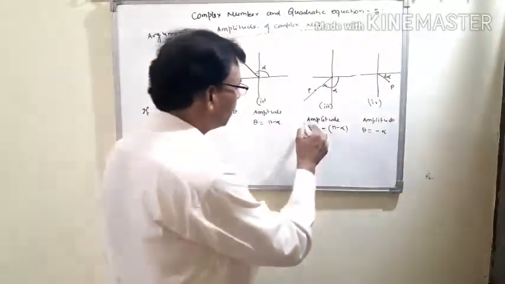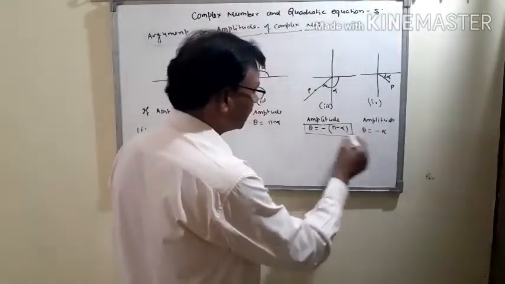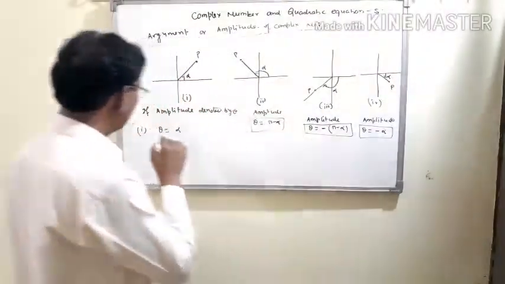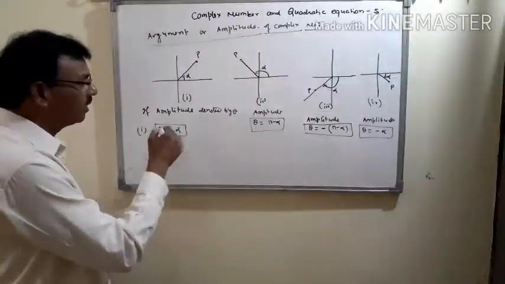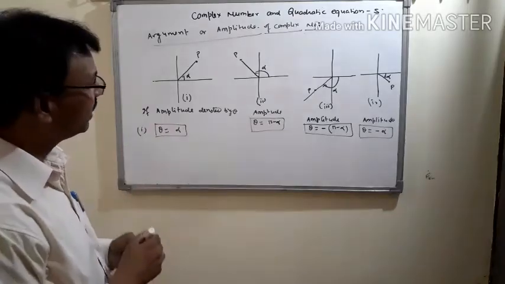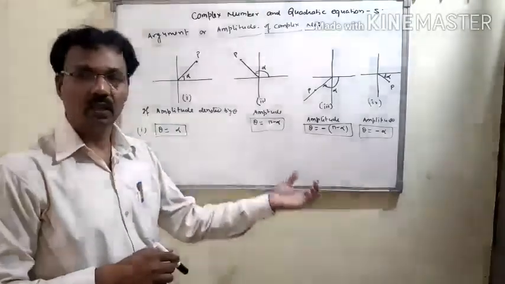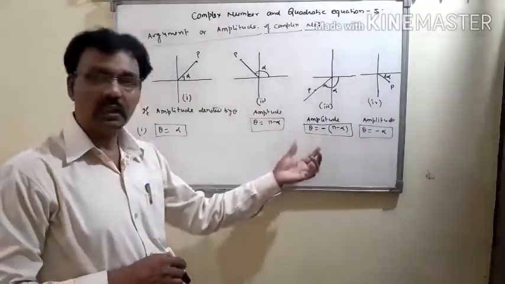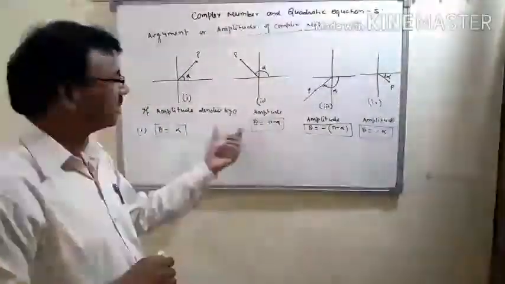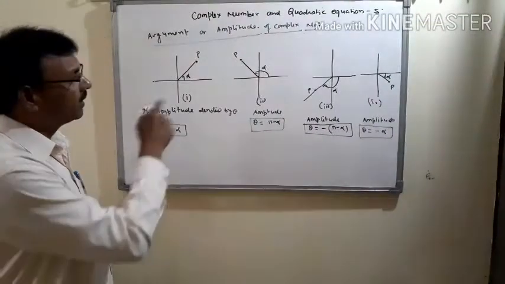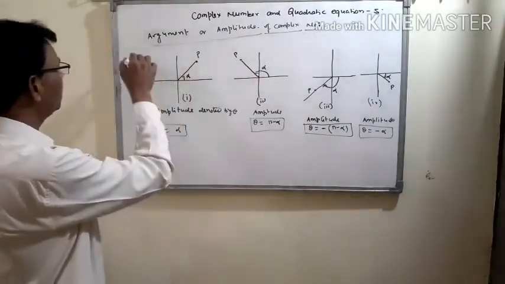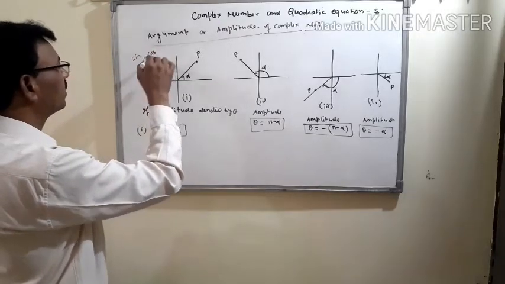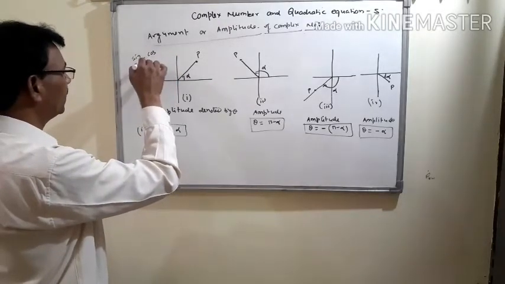This is the formula for finding the amplitude. In all situations, we first try to find the alpha. In every situation, first we find the alpha, then putting the value of alpha in this formula, you can find the amplitude easily. Now we write here, in the first situation, sine and cos both will be positive.